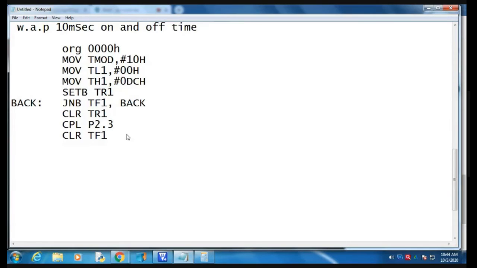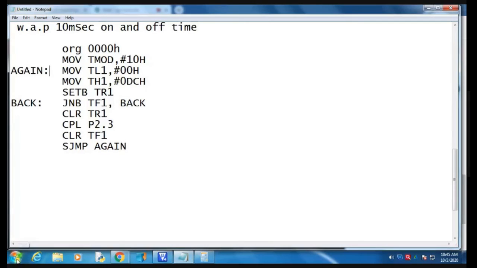And then we take an infinite loop with SJMP again. Here SJMP goes to the label again. Okay? Do you understand this part?